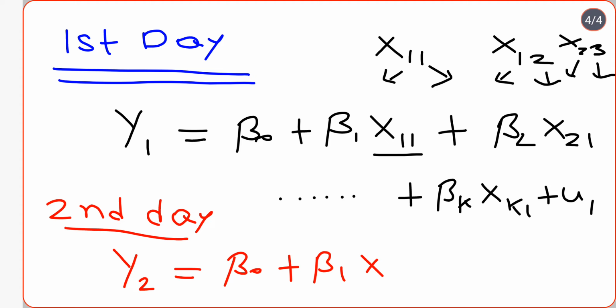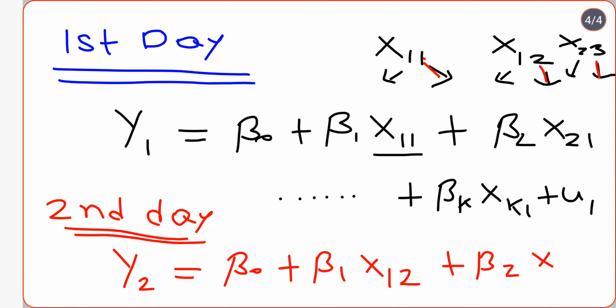From the second day we have the second equation. Basically on the second day it is the second equation, but it is the first observation, so it will be written as x12. This 1 is representing the first observation of the second day, and this 2 is representing the equation number. Now beta 1 x12 plus beta 2